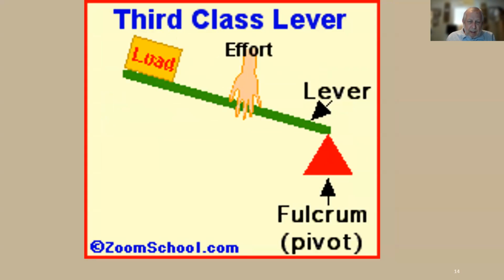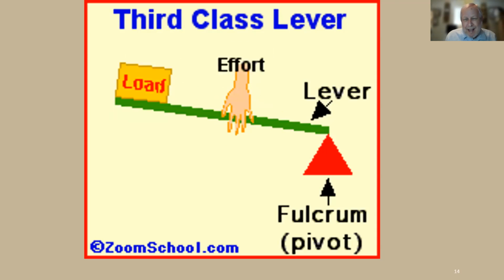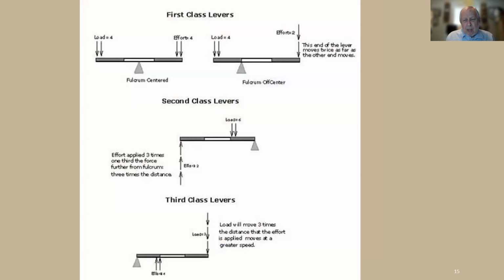Third class lever, the load is on one end, fulcrum's on the other, and the effort's in the middle. So what happens there is the load gains distance from the effort, but it takes a lot more effort. And that is the most common one found in the human body. The most classic example of that is the human arm. And this just gives you another little